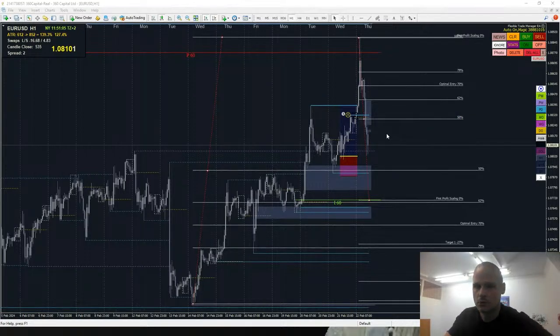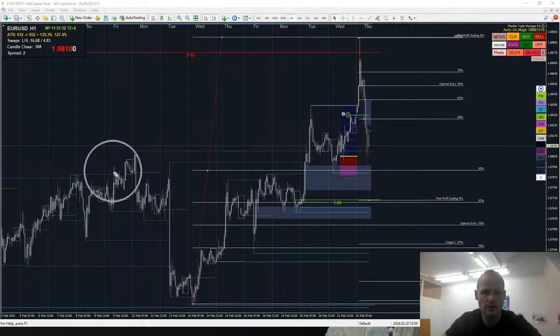So yeah, focus on the gaps. This tells you that the market maker was trading. Focus on the levels which have these strong departures. There mostly will be some kind of reaction, right? Strongest levels are the ones which took out the liquidity first, right? So price always goes up before it drops down, right?